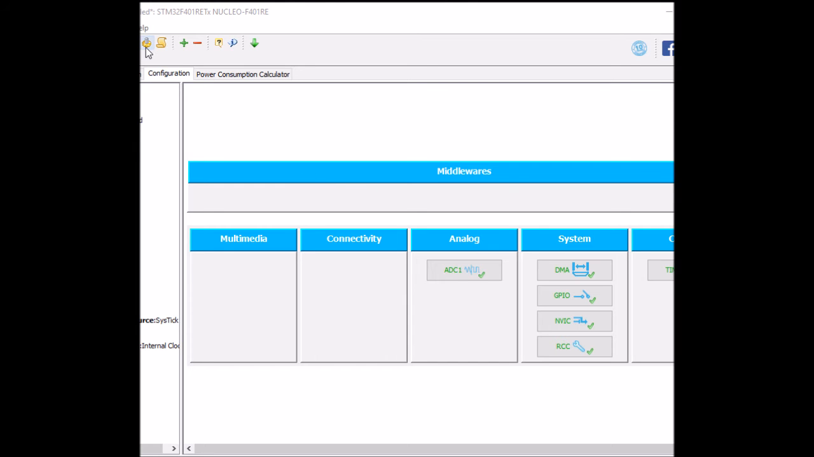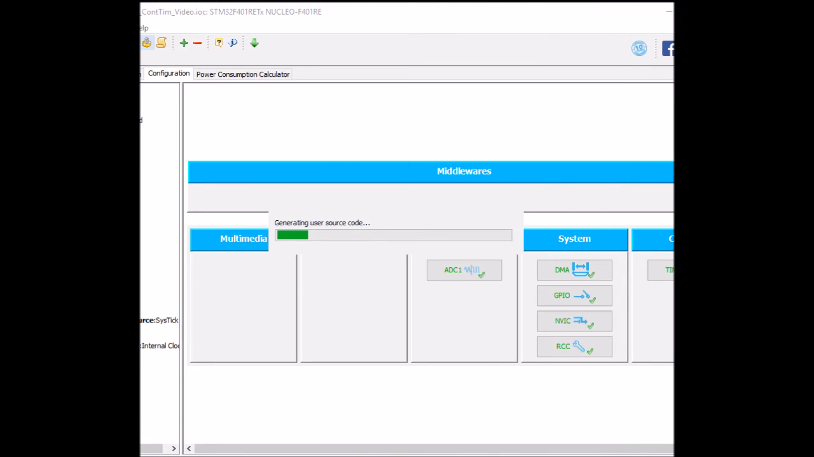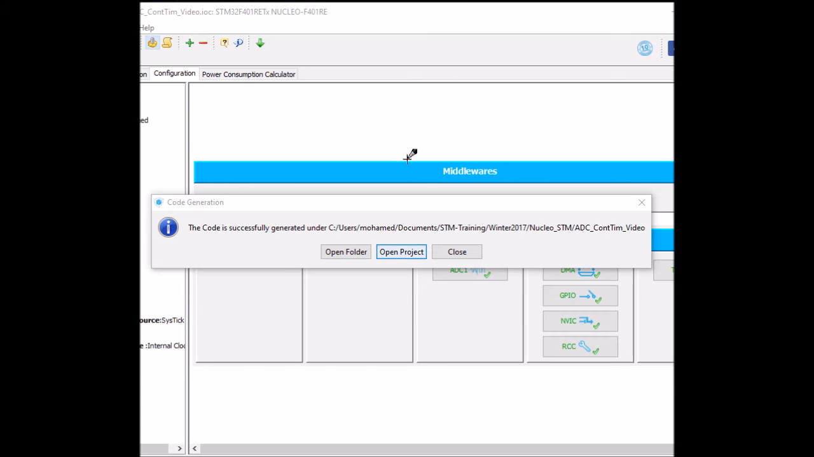So click on generate source code icon. Select a location to store your project in. Give the project a name. I'm going to call it ADC continuous timer video. Might be a long name. Select the IDE MDK-ARM v5 and click OK. And of course, once the source code is generated, click on Open Project, and this will take you to Keil